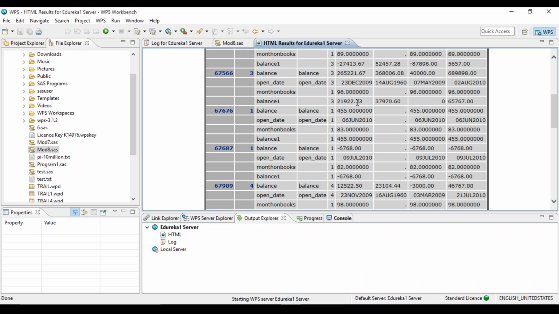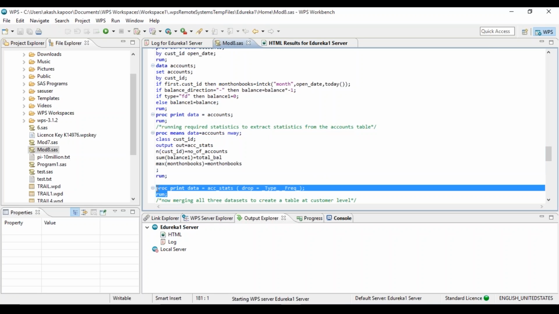savings and FD. Here in balance 1, we are actually eliminating the FD and then calculating the mean. And here we are taking the entire one, the current, savings and the FD, and that is the reason these two are different. Right, so just to make the previous data look a little better, we are actually dropping